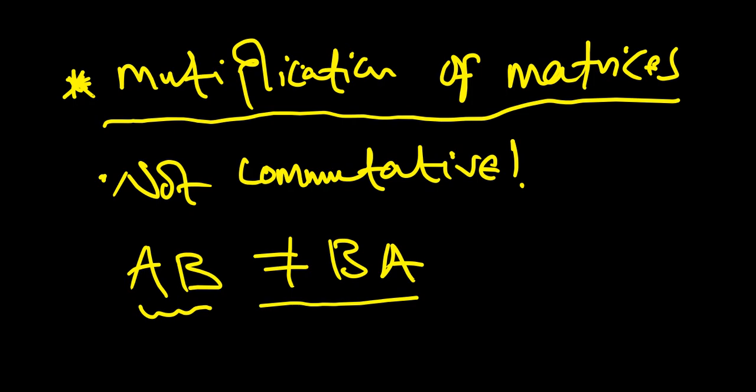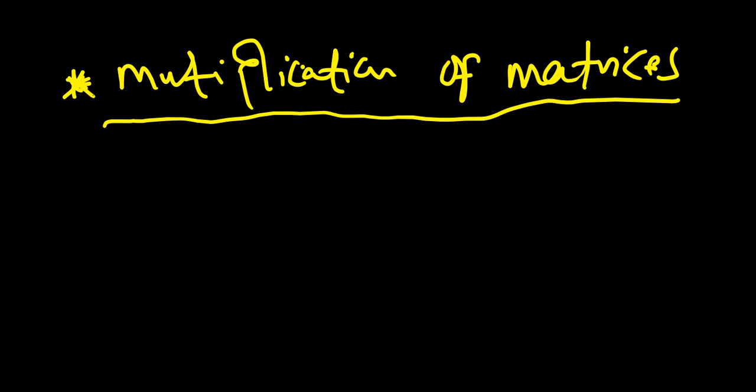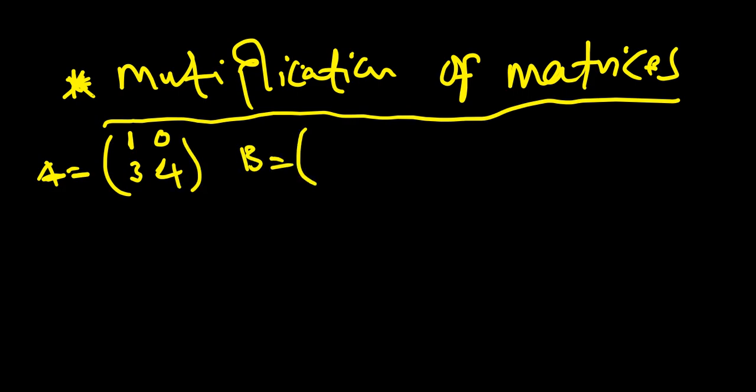Maybe we can do an example there. So AB is not equal to BA. Let me say I have the matrix A, 1, 0, 3, 4, as my first matrix, and then B, I have this matrix here, maybe let's say 2, 1, 7, 1. So if I find my AB here,